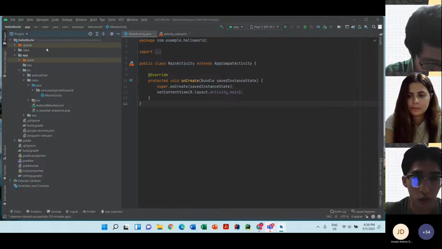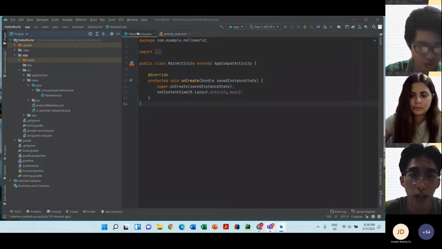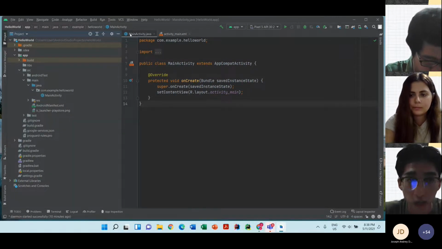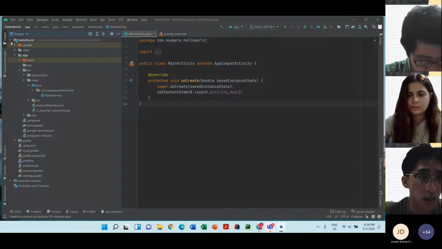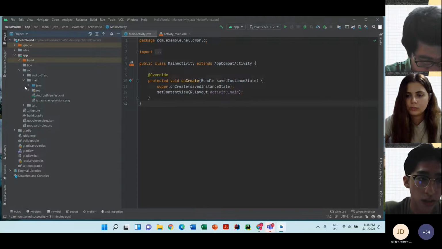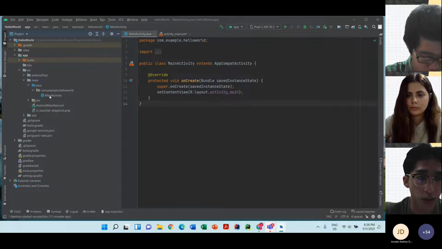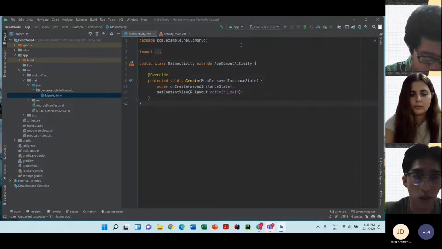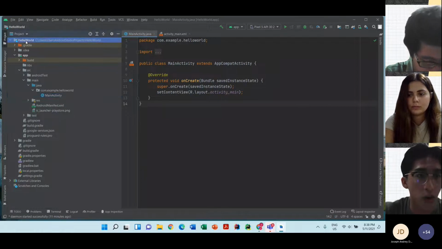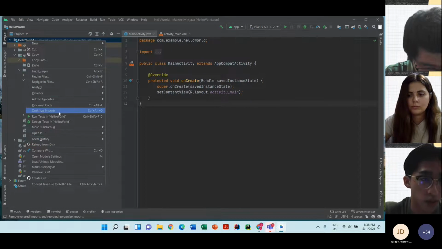If you choose the project option, for example, if you want to access MainActivity.java, you click the app here, click the src folder, then main, java. Inside your package, you'll find the MainActivity, which is this file. I think I will show you in the Explorer so you can see how it works.